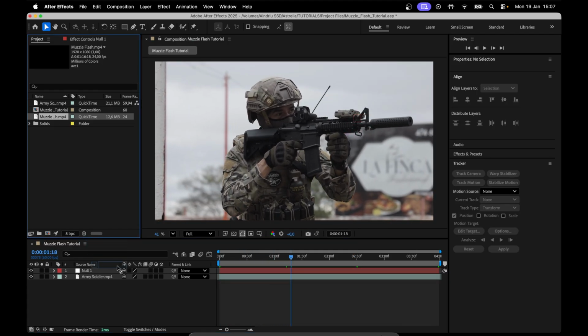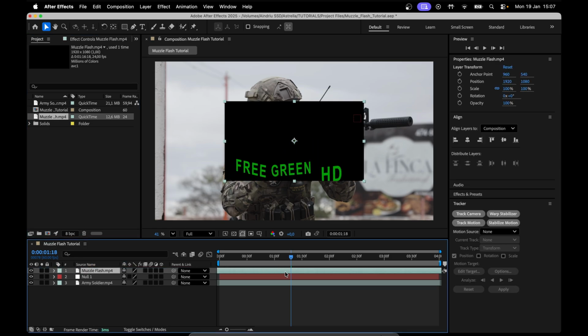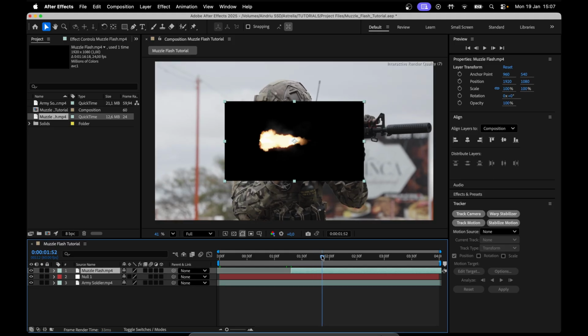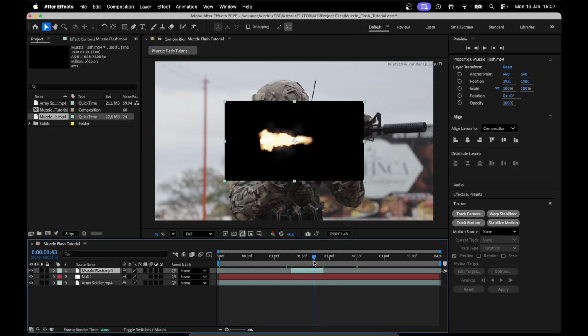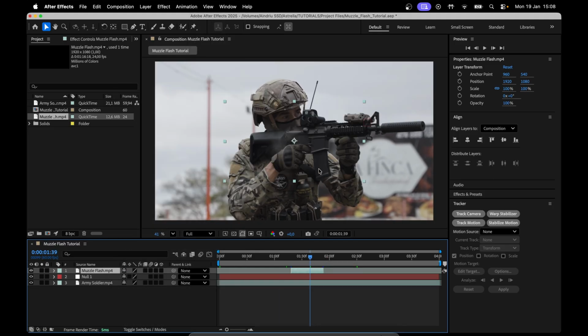You can bring in our muzzle flare clip. I got this overlay from Free Green Screen on YouTube. Awesome guy, does lots of free assets. And I'm just going to find a moment in the clip that I like. Option, open bracket, find the end of the sequence, go option, close bracket, blending mode, screen, and then I can